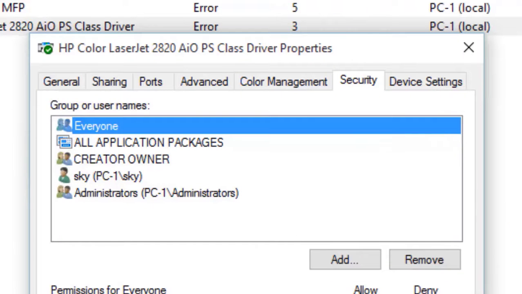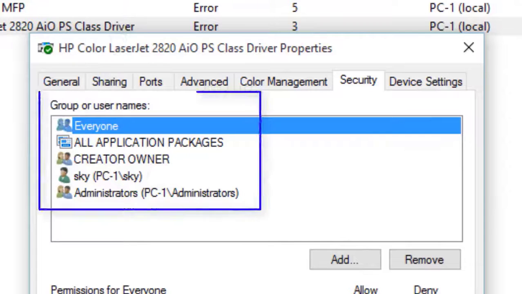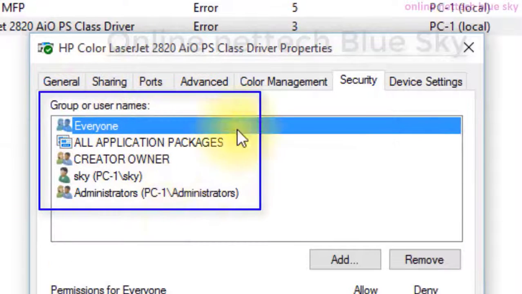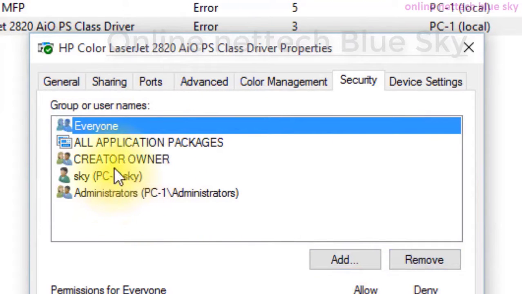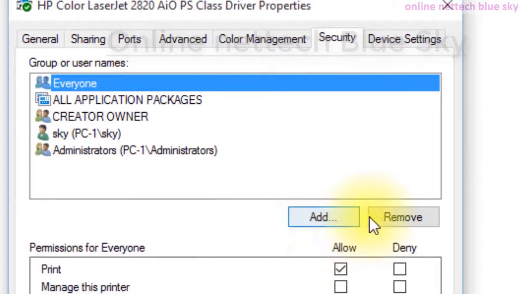Different groups and users work in different systems. You can see Everyone is one type of group, not a user. A user is a single name here, and Everyone is a group. So what is add, what is remove?